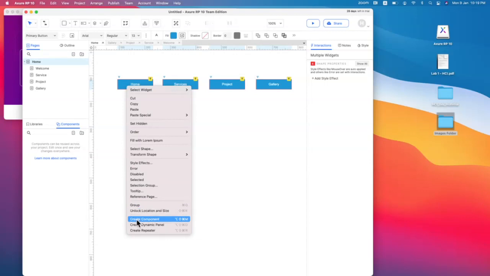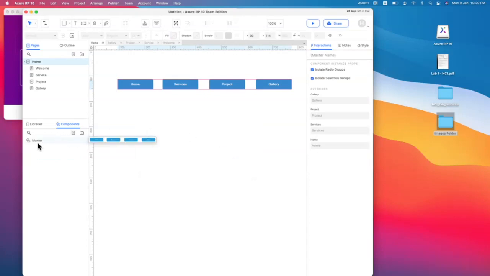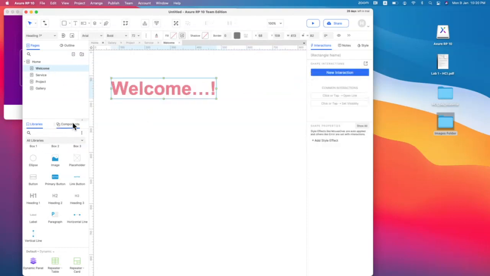All right. Now click on create component. Now name this as master, or you may name it as website menu bar, menu bar, whatever you want. So let us name it as master. Now click on continue. Now you see a master component has been created with 4 buttons on it, and these 4 buttons have their interactions. Now the simple thing we can do is just go to this welcome page, and go to the components